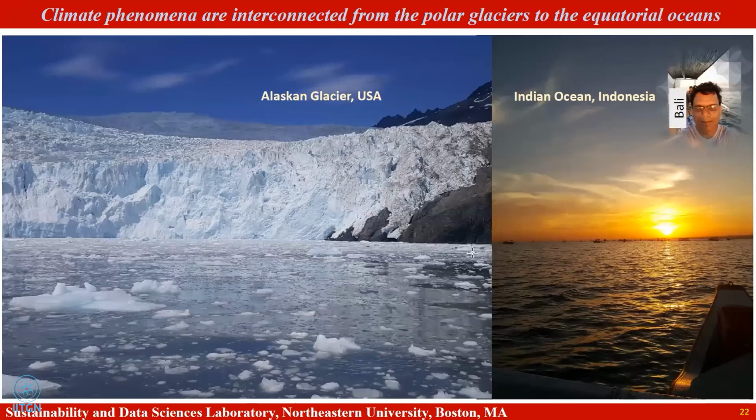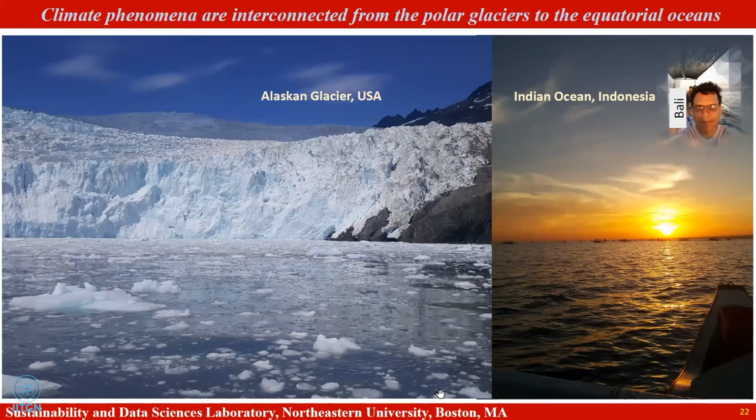So when we think about climate, it's a problem that's global. Here I'm showing a glacier in Alaska. And just so you get an idea, if you look at this small bump here, that would be the size of large ships. In this photo I don't have a ship here, but there are some photos with ships. It's the size of this very small thing right here. So that's the size of some of these major glaciers,